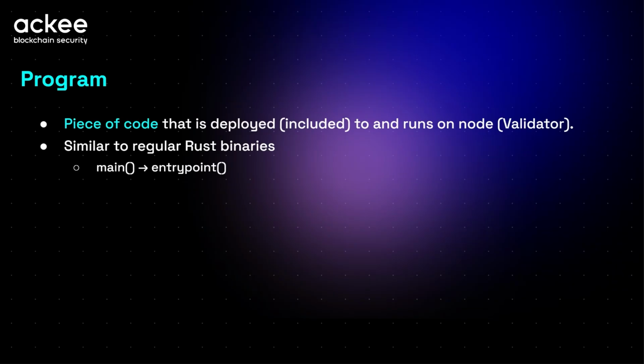The Solana programs are similar to regular Rust binaries. As you could see in the previous lesson, we were discussing Rust source code, and you could see that the Rust source code contains, for example, a main function, which is like an entry point to the program, and the behavior is similar on the Solana blockchain, but there it is not called the main function, it is called the entry point. So if you specify your Solana program in such a way that it supports multiple instructions,